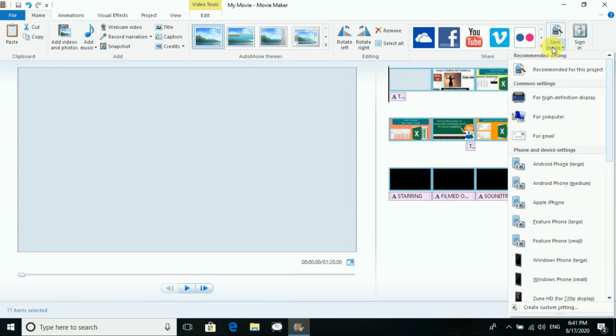I will just go for the option here for computer. We also have the option of Android phone in that large size if you want it. Then for that also it is given how much it will store. Then if it is medium size, then what are the pixels and what is the display size. Okay, so this is about it. Okay, hope you all have understood.